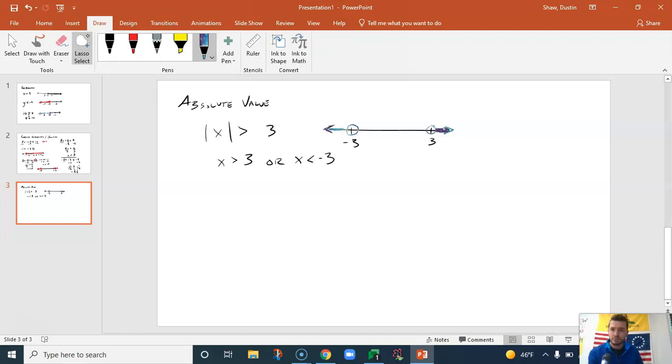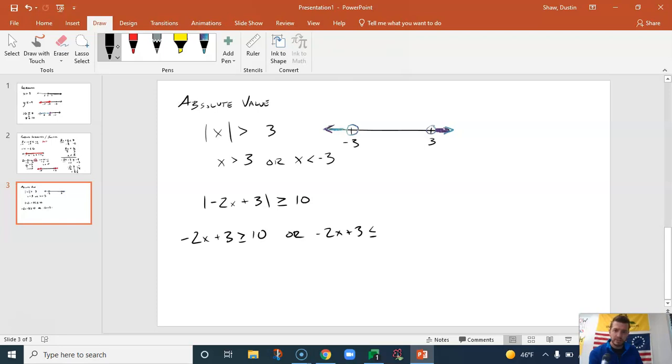Let's do a real quick, different one and we'll see how it works out. This is a solving one, so let's go absolute value of negative 2x plus 3 is greater than or equal to 10. Again, I'm going to write 2 equations here. The first one's going to be exactly as you see it. Negative 2x plus 3 is greater than or equal to 10, or negative 2x plus 3 is less than or equal to